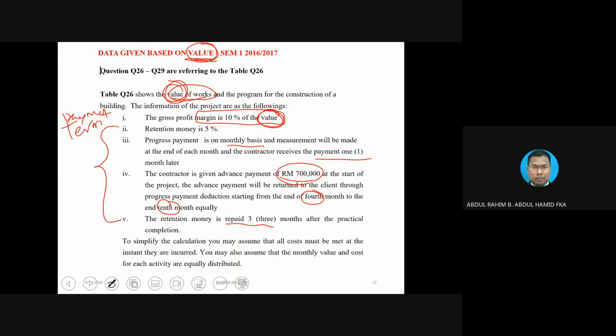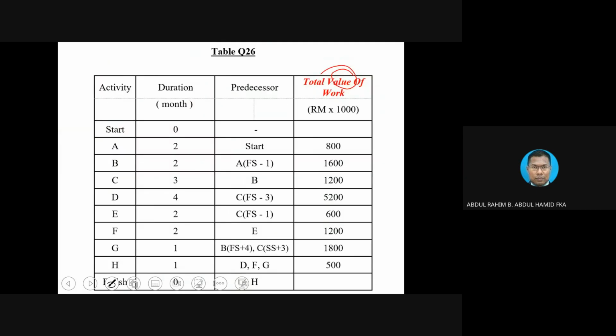If we want to close the account, that's why we need to extend the calculation into 3 more extra months. Then you see. Okay, so what are the questions? First thing first, you must look at the data. Is it the value or the cost? Okay. If data is given based on value, then basically